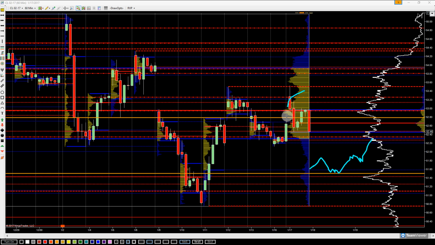Because keep in mind, this is the balance, this is the most traded area for this micro composite. So right now we are well below value, based on this micro composite. We don't have a ton of volume down here, right? So we're going to want to see if we start pushing back up,